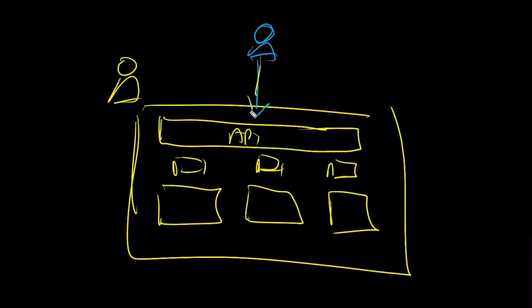So for example, this user is going to come along and try and create an order. The API is going to receive that request, validate that request, and maybe the API just posts that message onto some kind of internal queue. This is a point-to-point style of integration. And maybe this service down here, this subsystem, is going to pick up their messages from that queue and do some work to do the initial processing of an order.